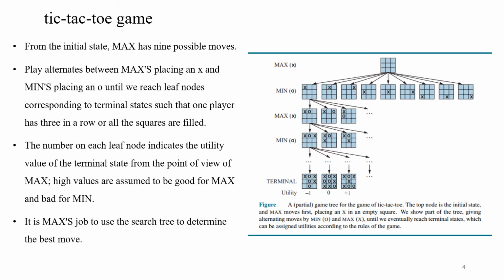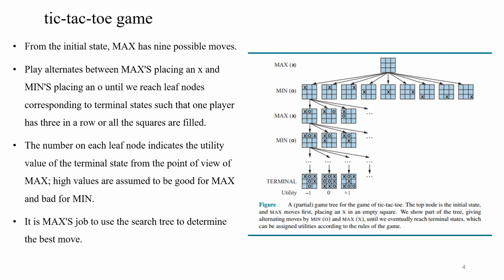A brief description of the tic-tac-toe game. In a normal search problem, the optimal solution would be a sequence of moves leading to the goal state, the terminal state that is a win. Here, max must find a contingent strategy which specifies max's move in the initial state. Then max moves in the states resulting from every possible response by min. Alternatively, max and min will play the game until they reach the terminal state.